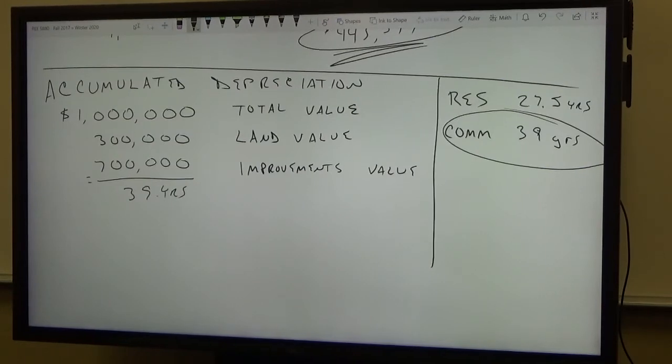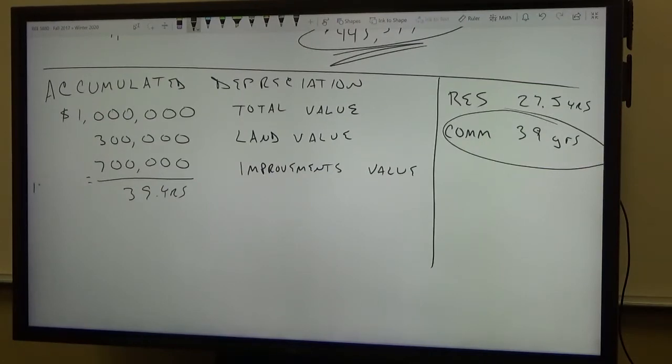It's only based on improvements? Yes. That's what we did three or four weeks ago. Will everybody confirm that for me? Yes. Okay. Depreciation is only based on the improvements value because you don't depreciate land. All right? So 700,000